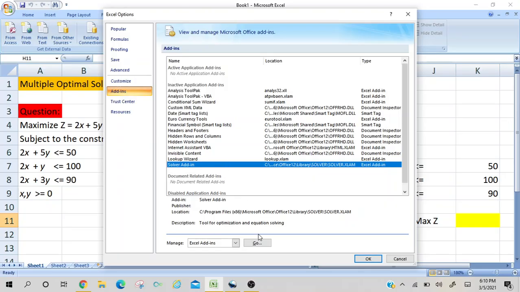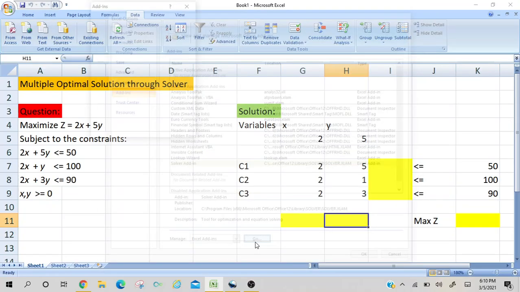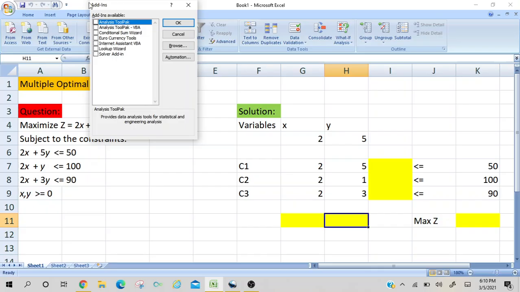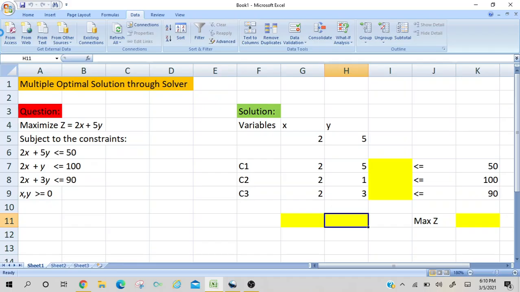So click on it and click on Go. Then after that you will find the Add-ins box. So check the Solver Add-in box and click on OK. Okay, so as you can see, in Data we now have the Solver application; it gets activated. Sometimes it can take some time in configuration, so please don't worry, it may take some time in